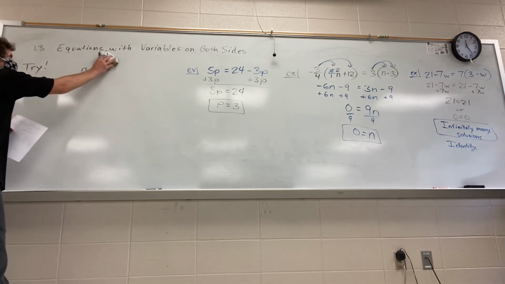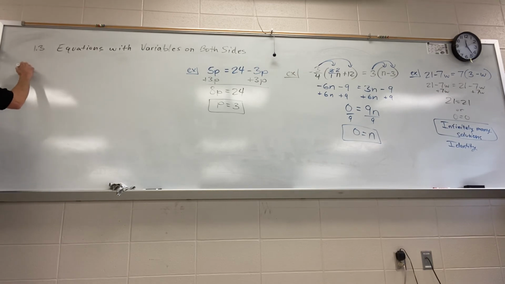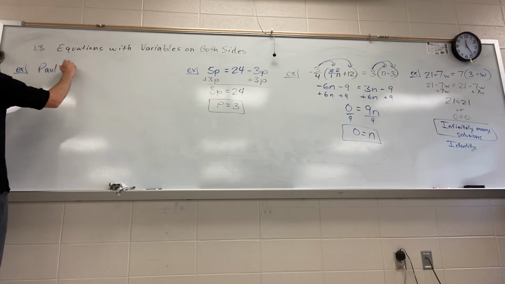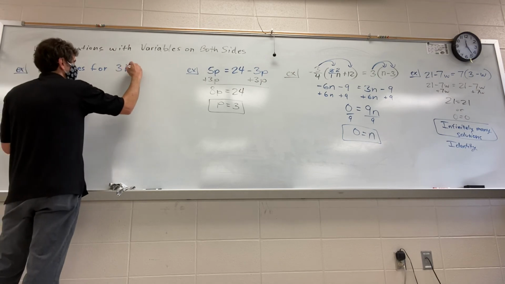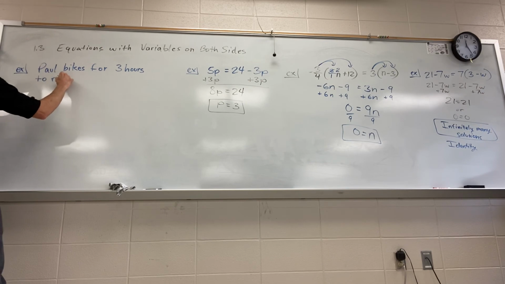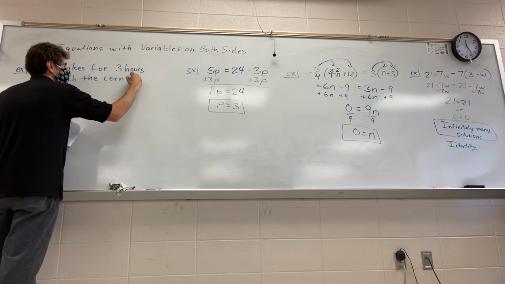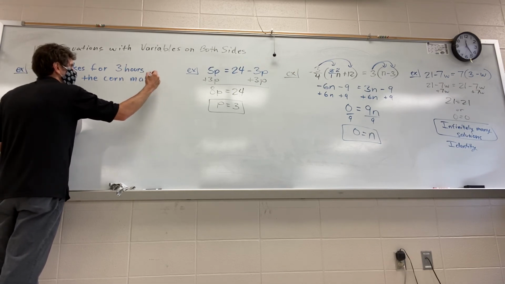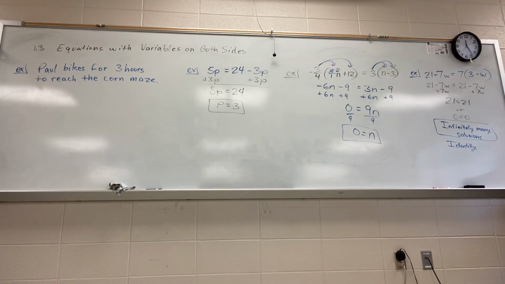Our last example is a word problem, and it tells a little story. It says Paul bikes for 3 hours to reach the corn maze. He drove that far for a corn maze? Oh, he rode his bike. Yeah, that's worse. Exercise. All right, he bikes